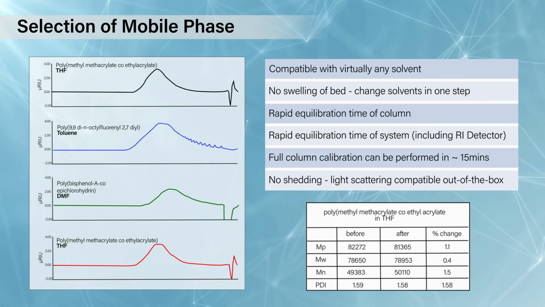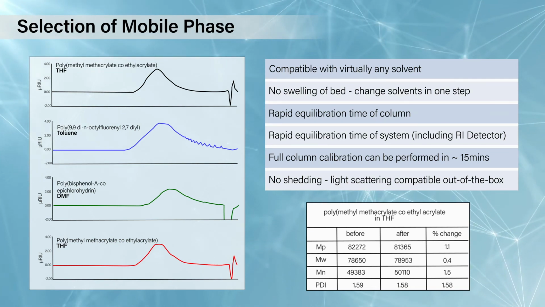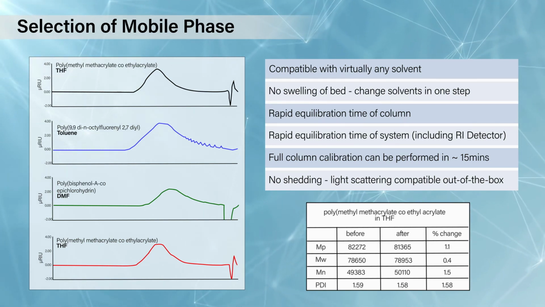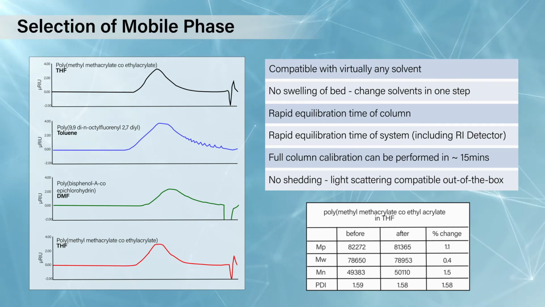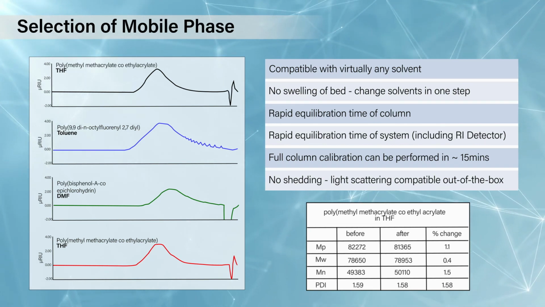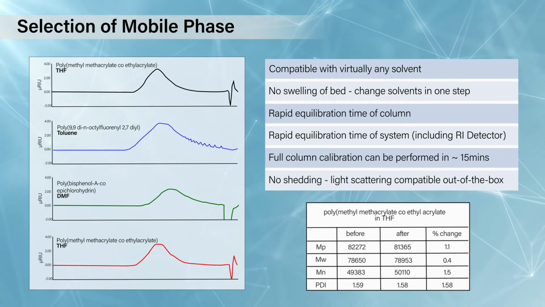On traditional polymeric beds, you may expect that this will be a very long and laborious process, and you don't know whether during that process you're going to affect the column bed itself. But you can see the results on the bottom right, that the difference between the polymer in the original THF run, after going through all those multiple stages and back into THF, the results are essentially the same. And all this process can be done in a fraction of the time that you can do this in GPC. So in this particular one, I think it was done overnight as a practical way of running this.